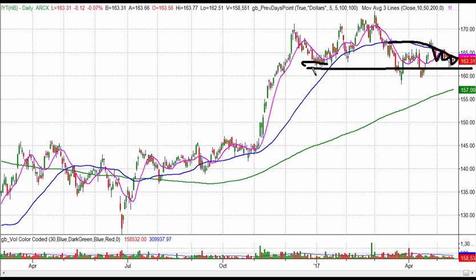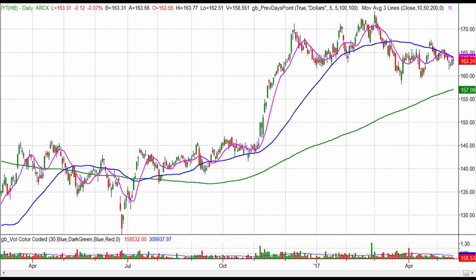Now, that makes it really easy for us to basically define the situation of IYT here, transportation, as this. First level of support is this line. That's basically where it's pulled back to. The level we really don't want to see it break is 160. And we can turn bullish when it takes out the 50-day moving average, confirms a bull phase again, and starts to move higher, and preferably that would be over the 165 level. So this one is kind of stuck, undecided, with the momentum of that 50-day moving average weighing on it to the downside.